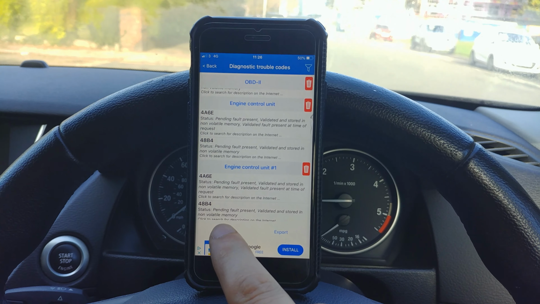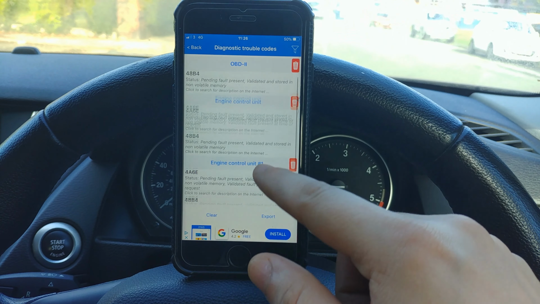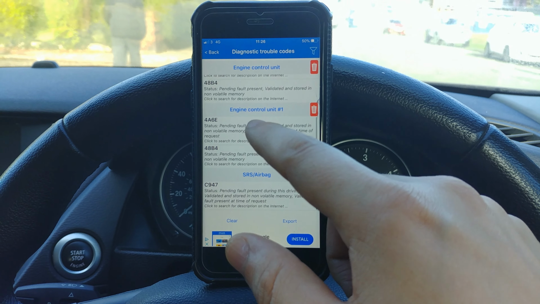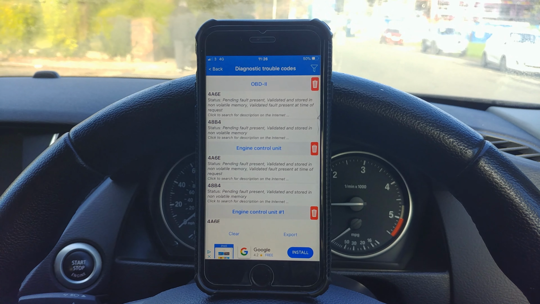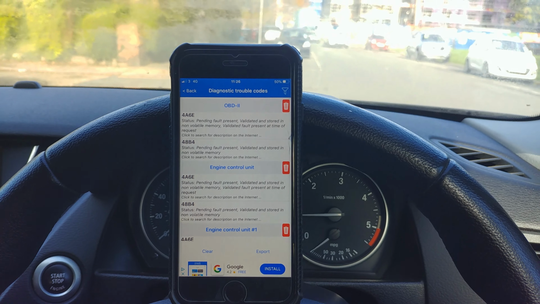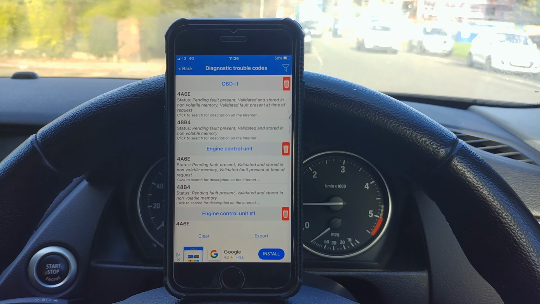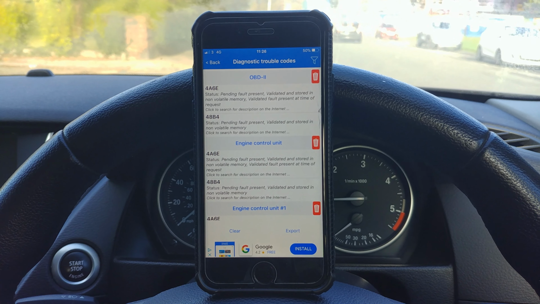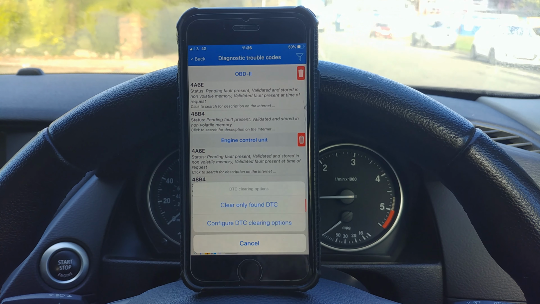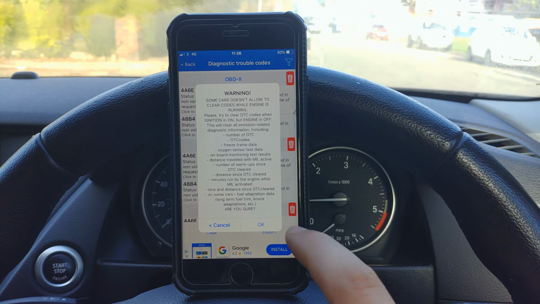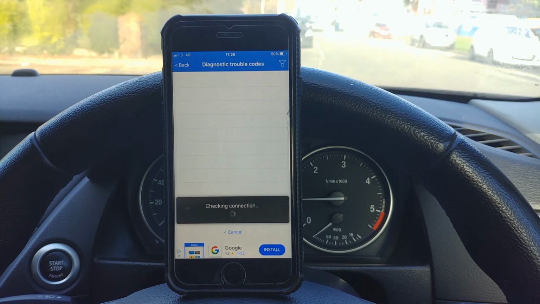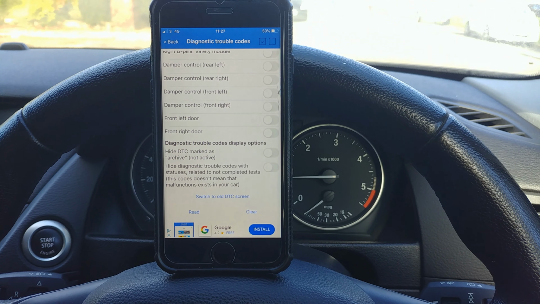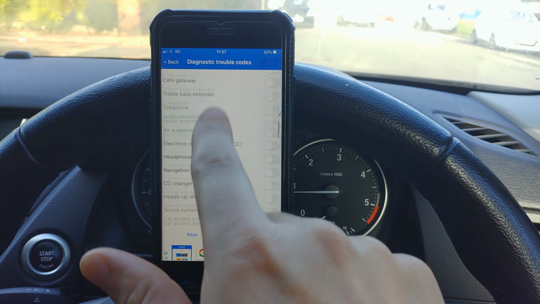So let's clear the error, let's see what's happened. I know some of these errors already. I've been already researching online each of them, and I definitely found a website with all the BMW error codes that explain where the error is and how to fix it. So we're gonna talk in a little bit about that. Meanwhile, let's clear the error. Let's see what's happened. Clear. Okay. Clearing was complete. So all errors have now been cleared.